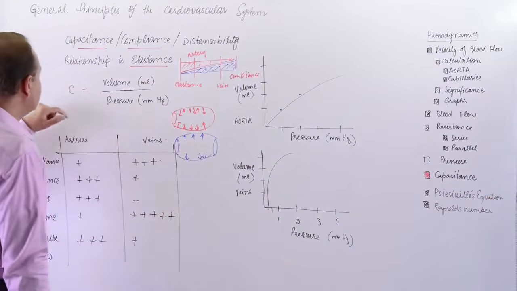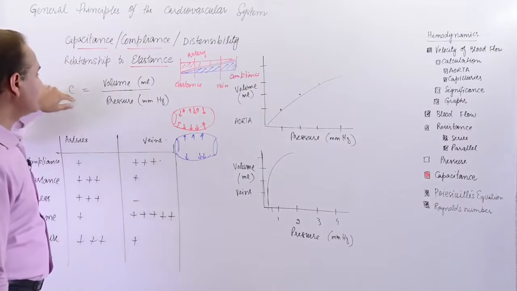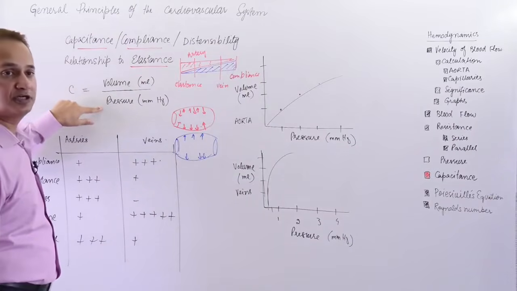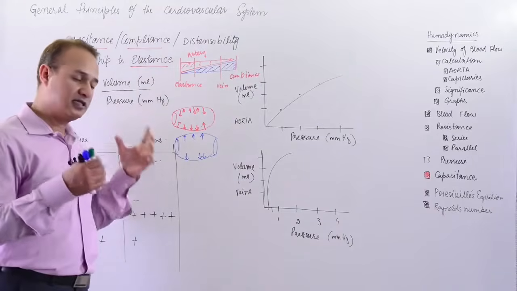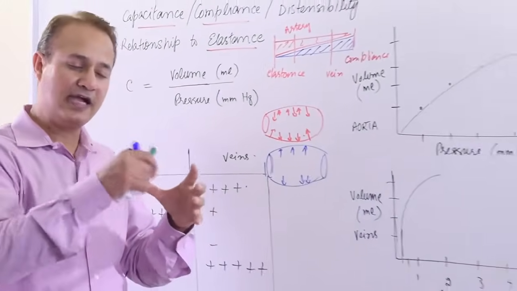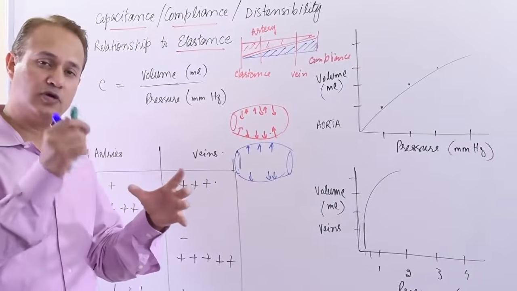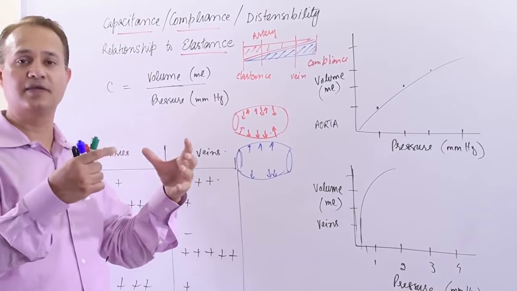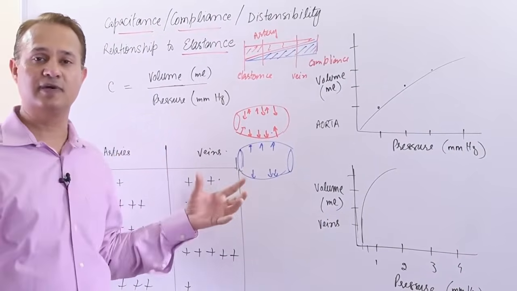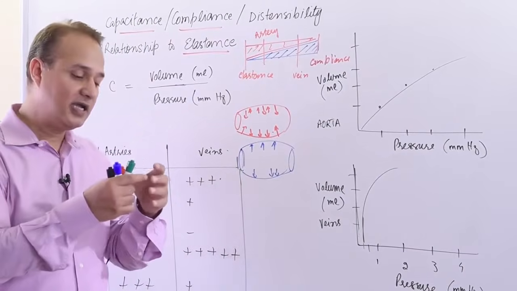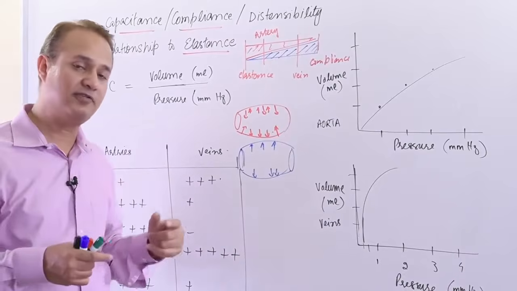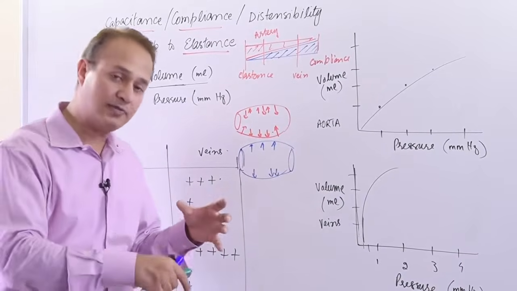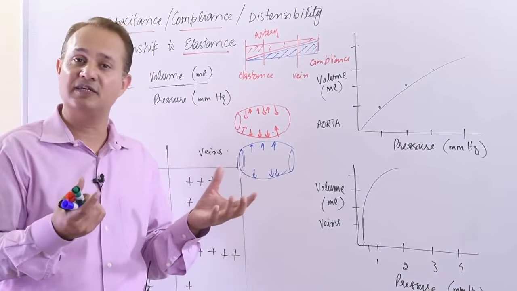Now, the formula for the compliance is volume over pressure. So it's a ratio of volume and pressure. What that means is, think about a vein. If you add more volume in it, if you add more blood in it, it just keeps expanding. Of course, it cannot expand forever. It would rupture and die. But within physiological limits, it would just keep expanding. What is the benefit of expansion? It would have more volume in it, but pressure would be maintained.